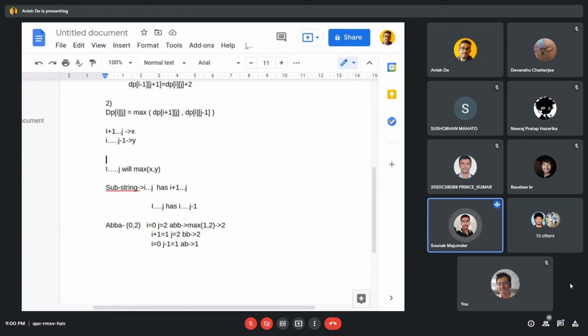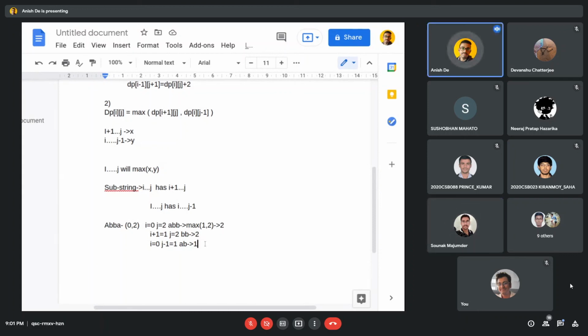I would like to add one thing here. Instead of keeping the maximum length of the substrings in the DP states, another thing you can do is just keep true or false, whether that substring is a palindrome or not. And if it is a palindrome, then we can keep its length in another variable, max. That's a way you can think about it. I will not go into details, I'm just giving you the hints. You can think about it.